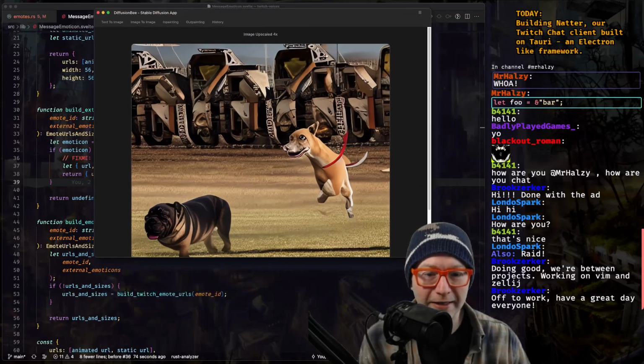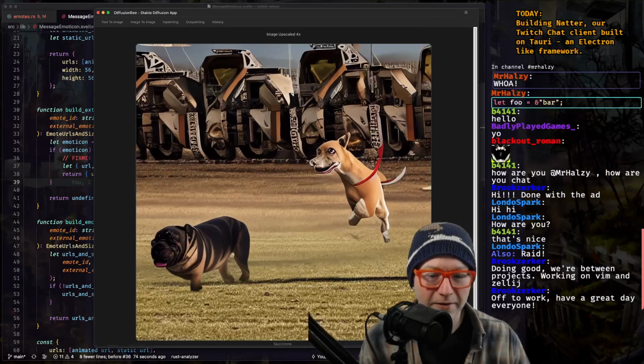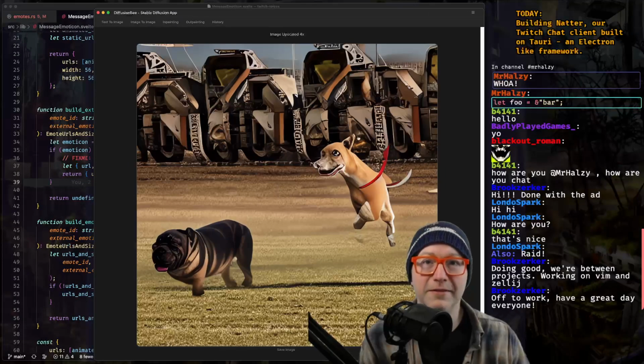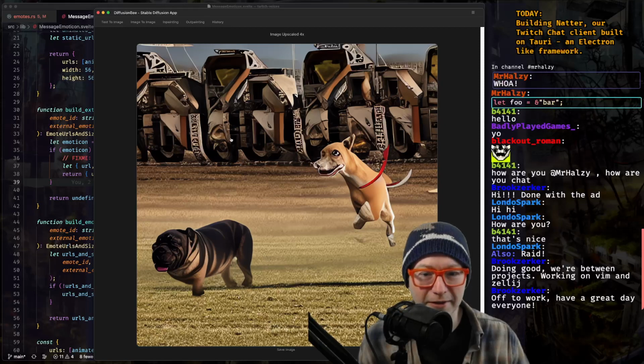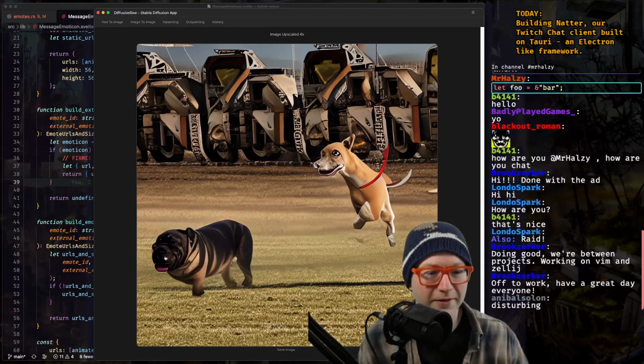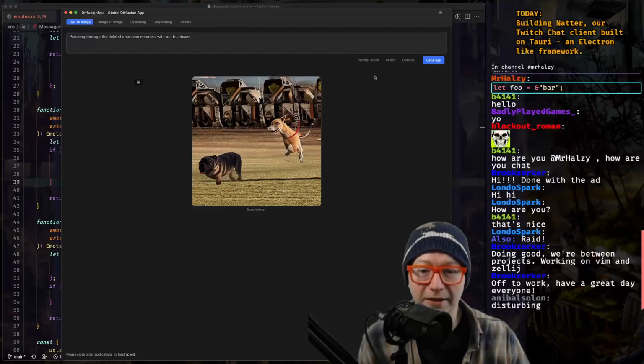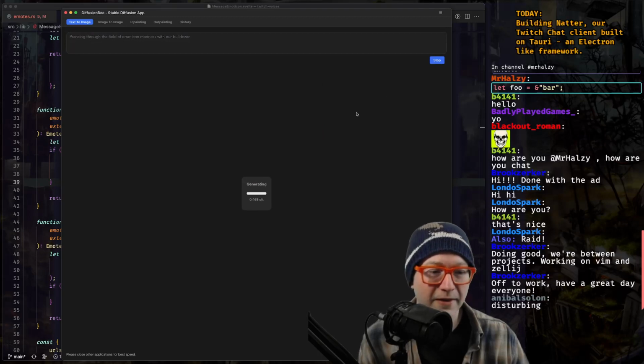Okay, that is something. And I guess these are supposed to be bulldozers behind. And where's the emoticons? It is a bit disturbing. That it is. Okay, let's try one more time.